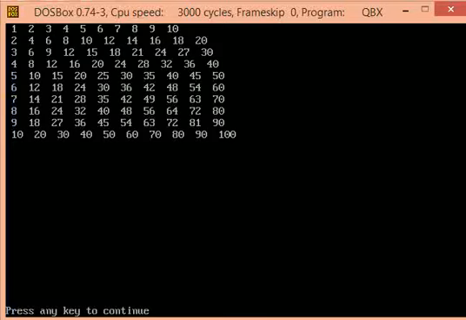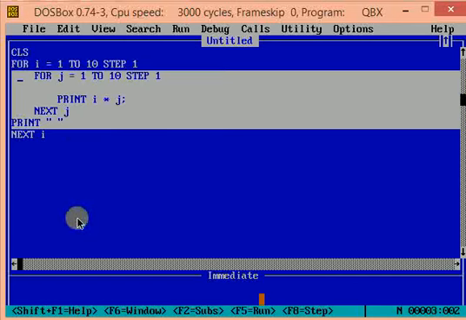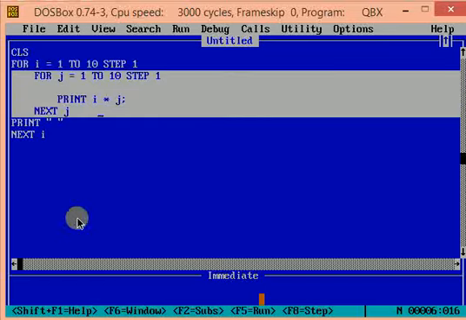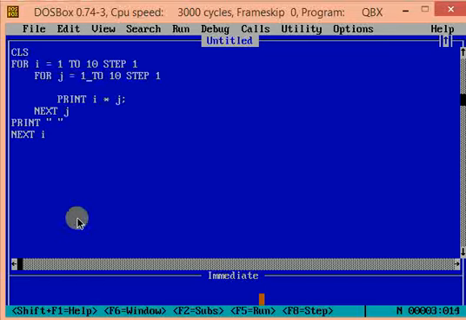Let's run the program. See the output. You can see that the table from 1 to 10 has been printed. We didn't have to type much of a code. Let's see the program again. This block got executed 10 times for every value of I, and the value of I varies from 1 to 10. Inside I's loop, there's one more loop for j, which again ranges from 1 to 10. So for every value of I, the loop of j ran 10 times. Each time it calculates I into j.